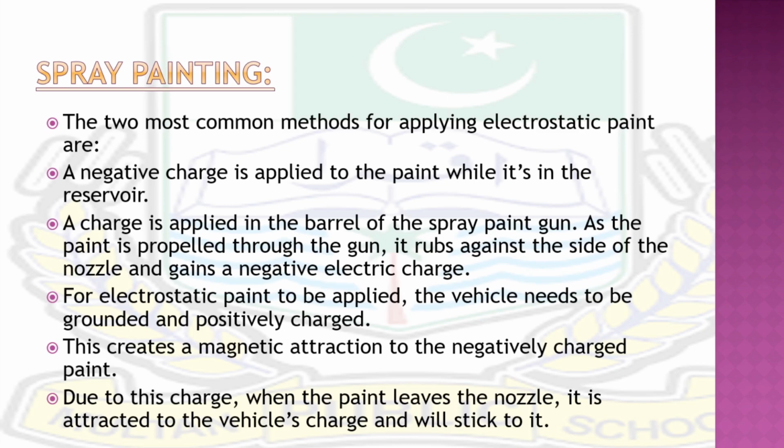So for electrostatic paint to be applied, the vehicle needs to be grounded and positively charged, and this creates an attraction to the negatively charged paint. Due to this charge, when the paint leaves the nozzle, it is attracted to the vehicle's charge